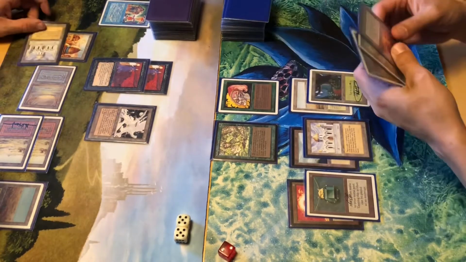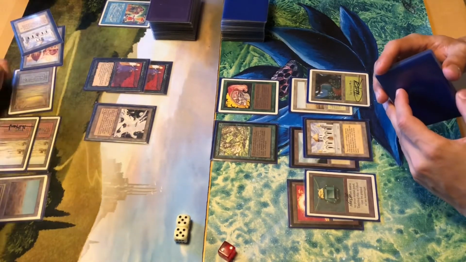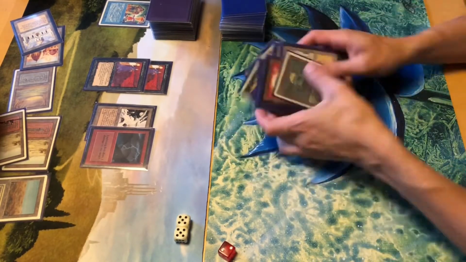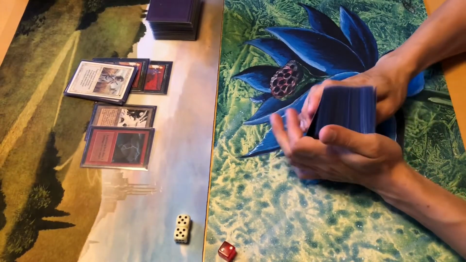So we seem to cut a bit forward here, getting our graveyards into our deck. I play a Library of Alexandria and draw another card, and then I Bolt him. So that's it. Yeah, those games were pretty quick,